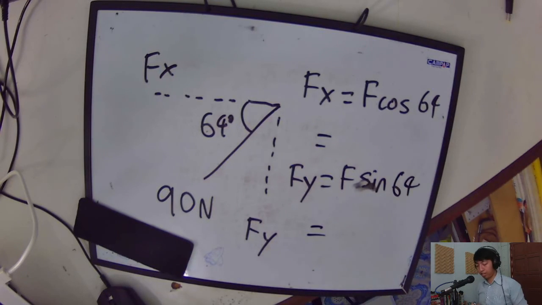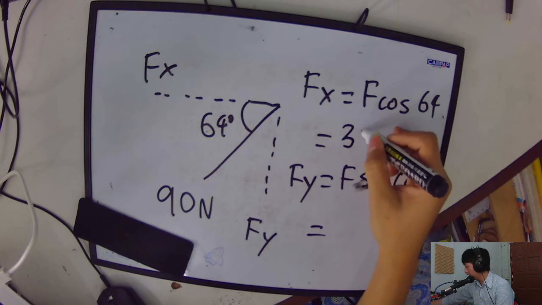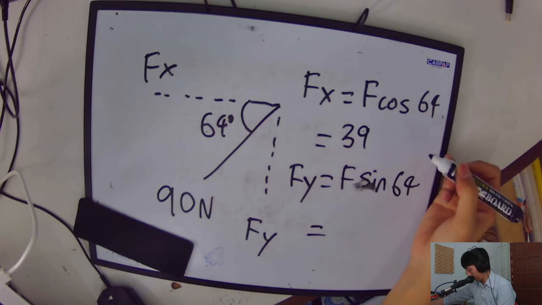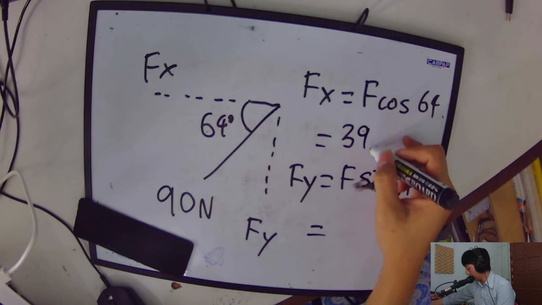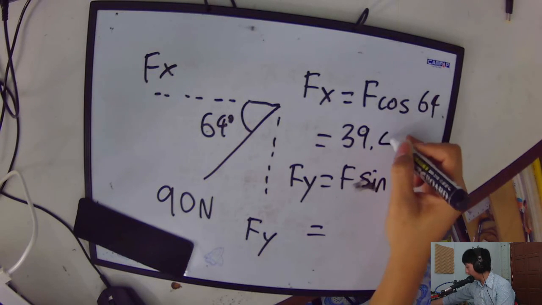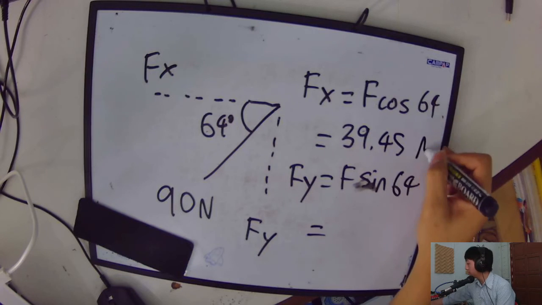So still same thing. So 90 cos 64 equals 39.45 newtons,